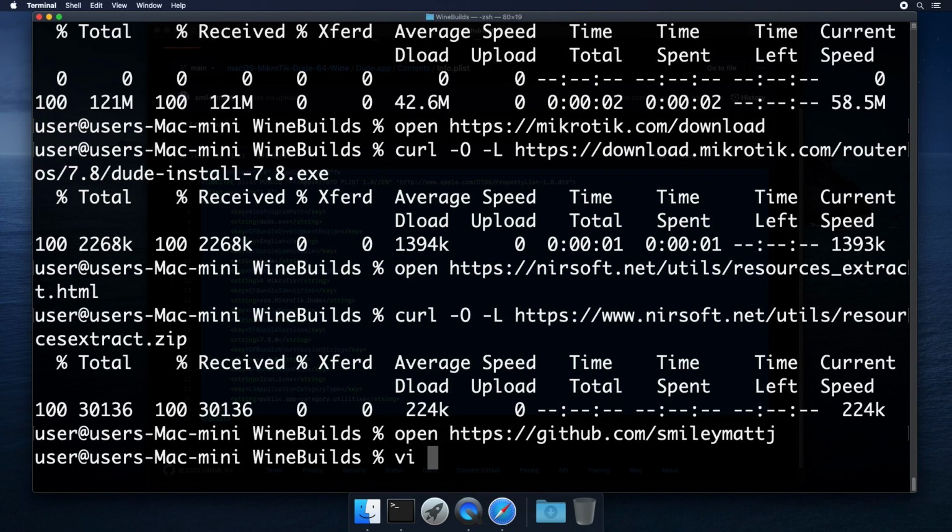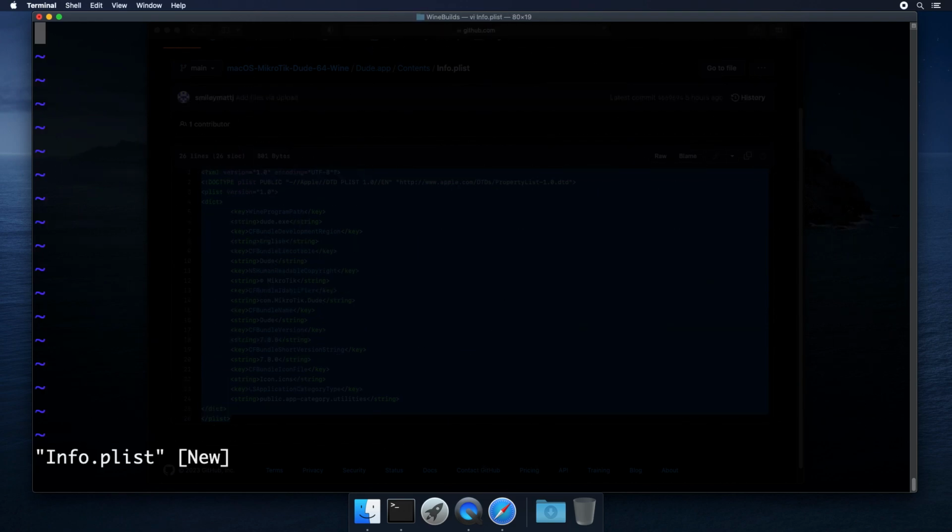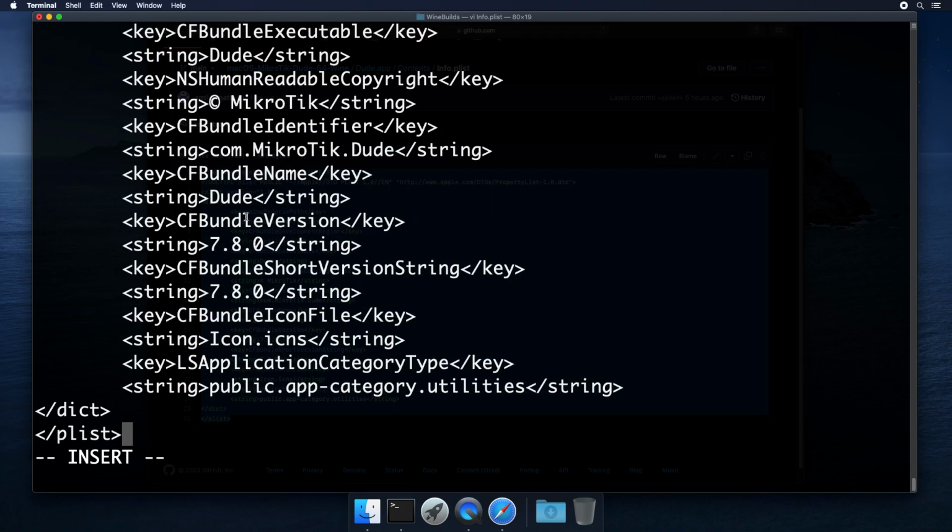I'm just going to manually create it with vi. It has a capital I, everything else is lowercase. In vi you hit i for insert, which takes you into insert mode, and paste everything.